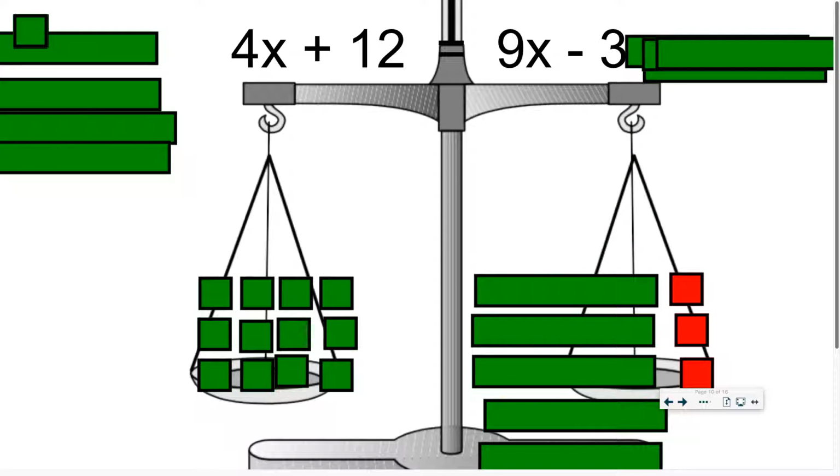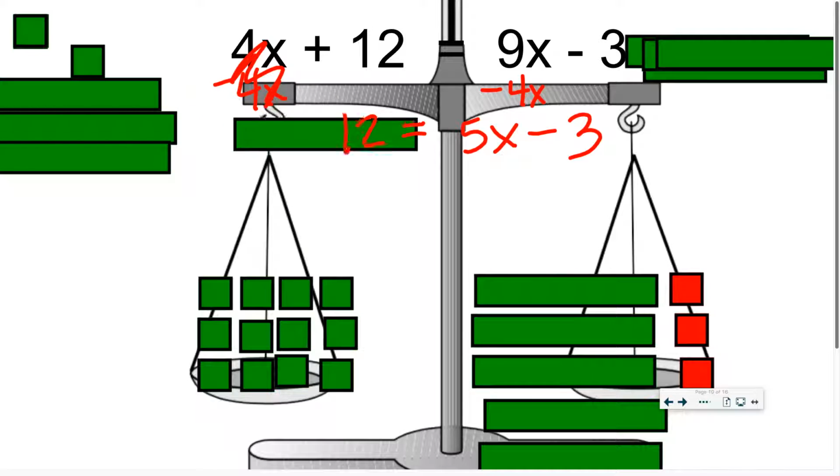So let's write down what we just did. We took away 4x. So I'm left with 12 equals 5x minus 3. Now what? Add what? So I want to add 3. If I add,